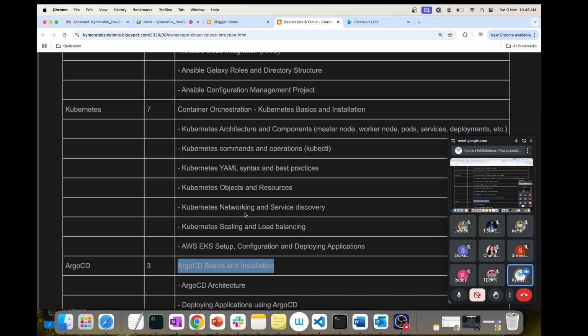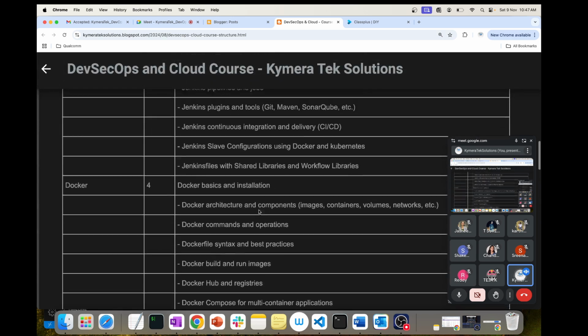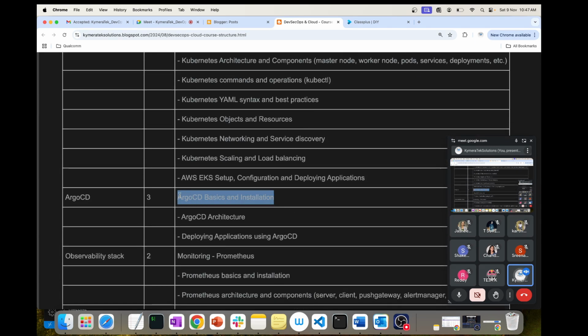So I'll show that as well, and I'll show Argo CD as well, the main advantage and disadvantage of Argo CD. Argo CD has more advantages than disadvantages. Instead of managing a complete Helm chart, Argo CD is a service which runs in the cluster. Whenever you update your version of Docker image, like I said, at the end of the Jenkins CI/CD pipeline we create a Docker application image. If you change the version of that application image, automatically Argo CD will understand that, and it is going to deploy without your manual intervention.